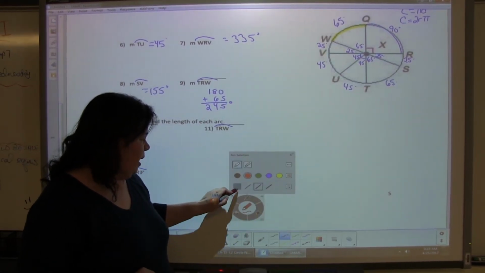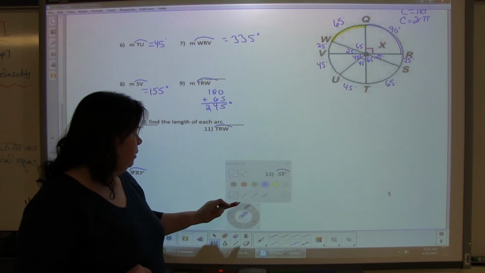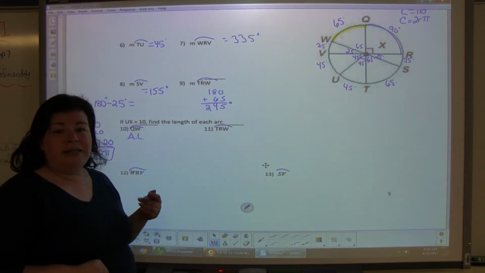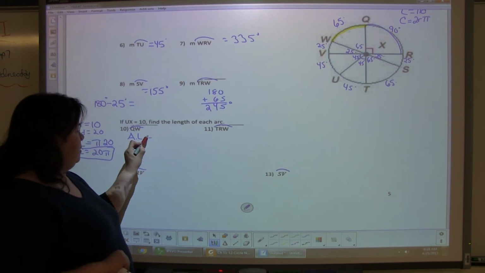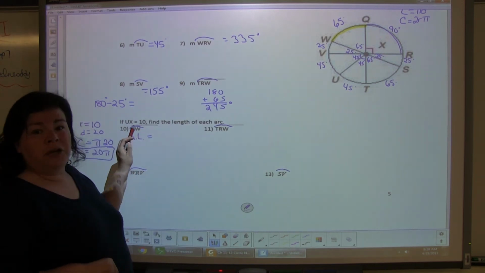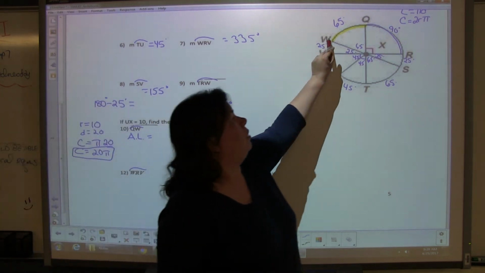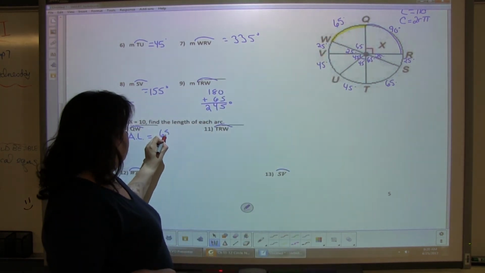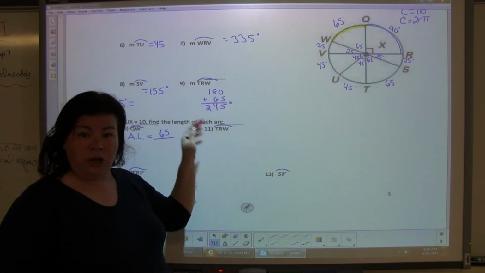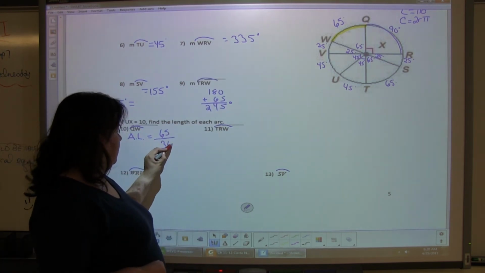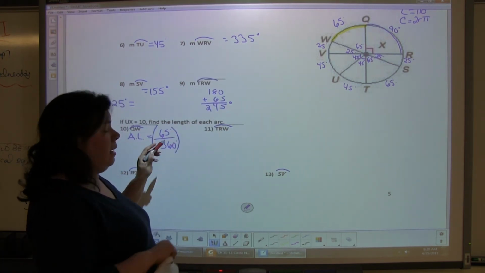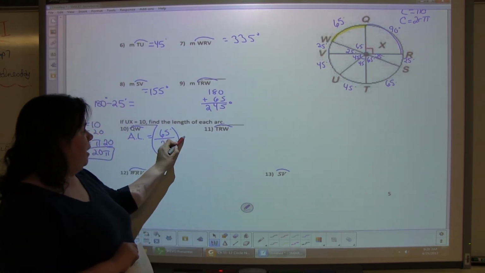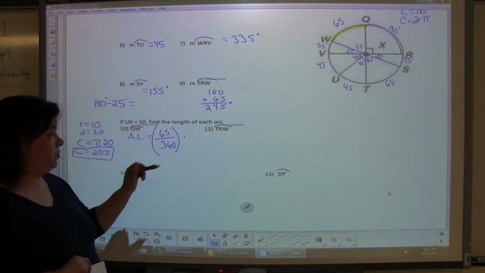So the arc length, I'm going to abbreviate that as AL. Our arc length is equal to the measure of arc QW, which is 65 degrees, divided by a full circle's 360 degrees, and I'm going to take that ratio, that fraction, and multiply it by our circumference of the circle,